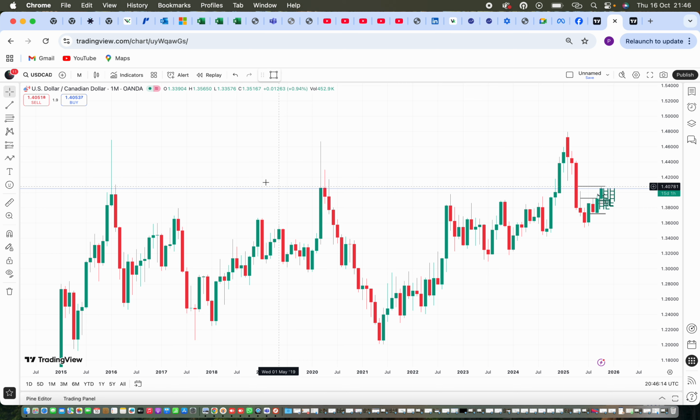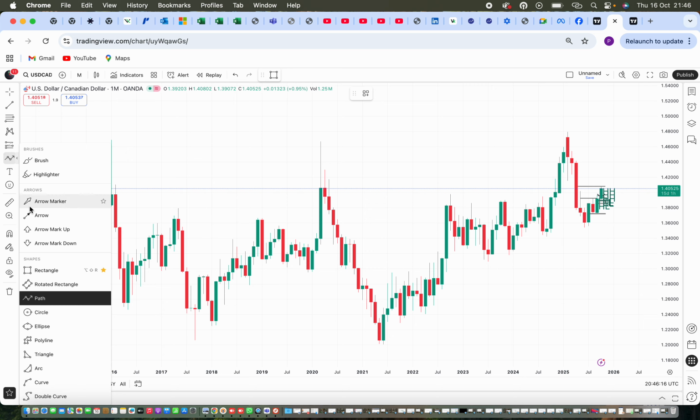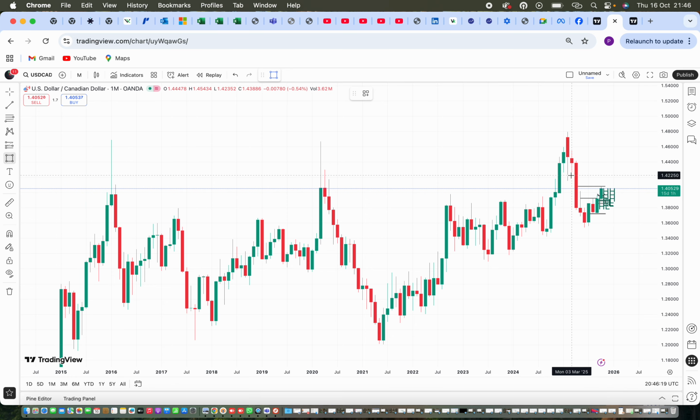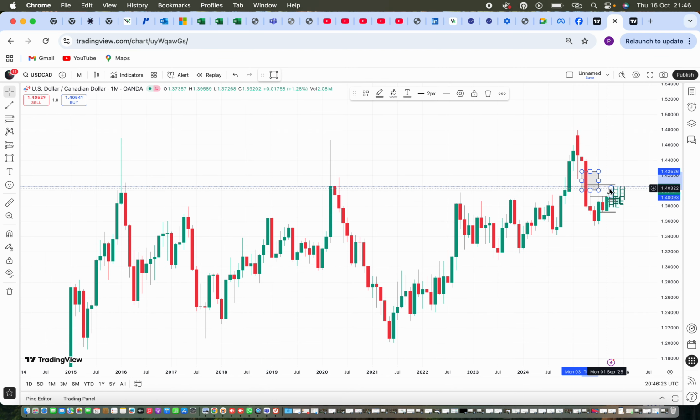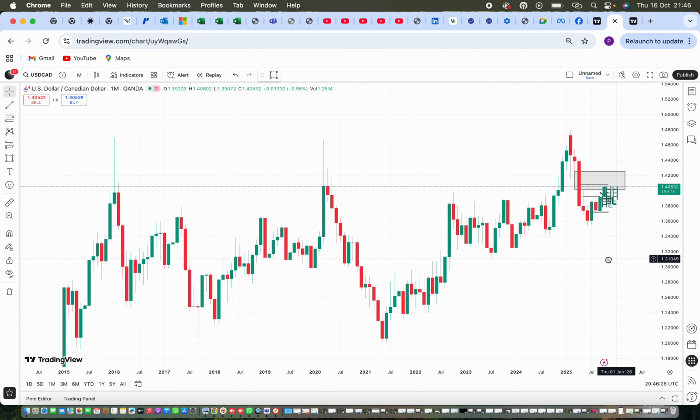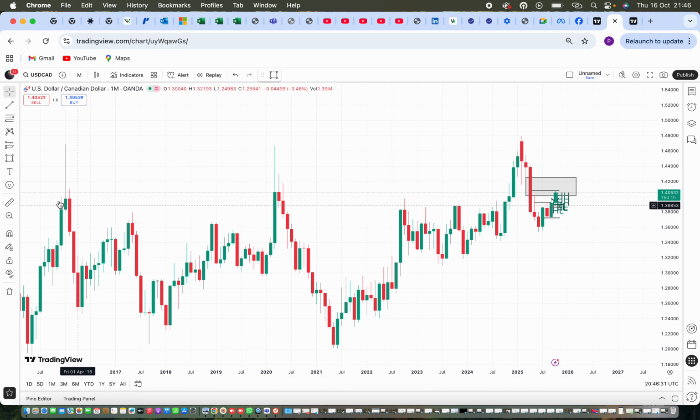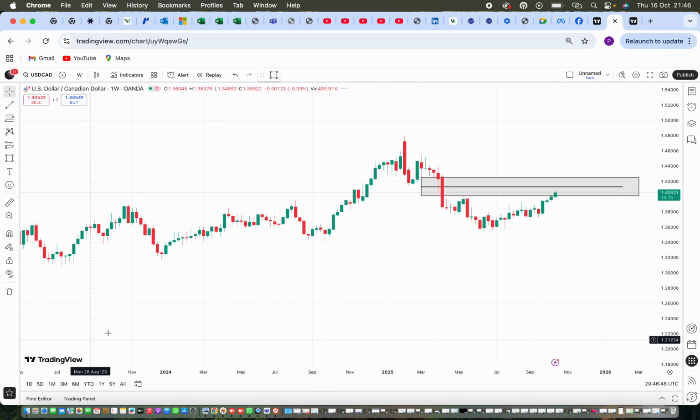You can see how we have this big fair value gap on the monthly time frame. See it here. If we expand this, most times on a fair value gap, price will tend to fill it 50%. Now let me show you 50% of this fair value gap. It should be around somewhere here, the middle, and price has not touched it.